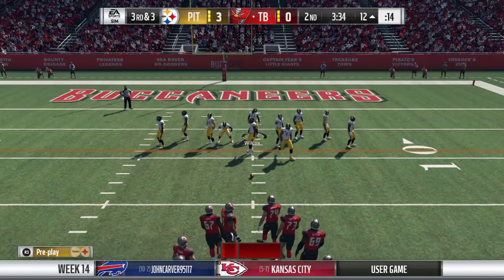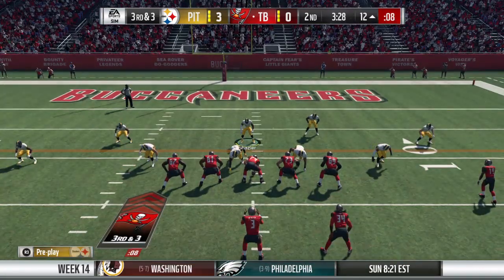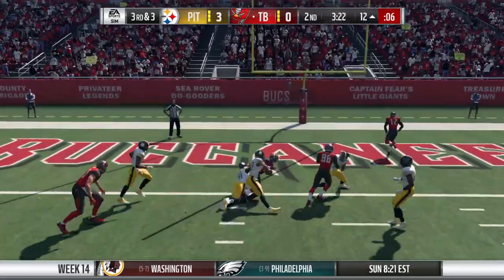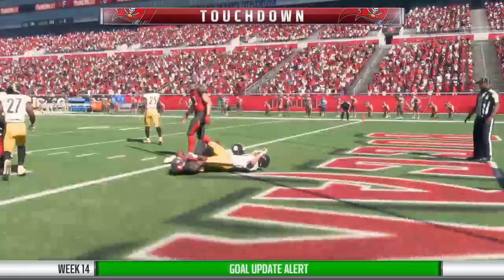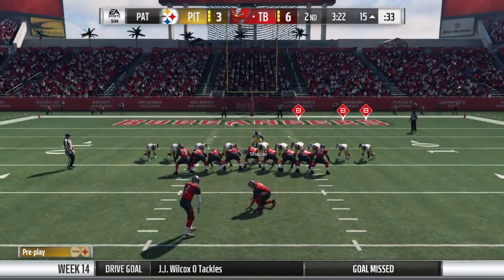The Bucs on 3rd down, just 1 for 3 thus far. Here it's 3rd and 3. On the shotgun, it's Winston. This is caught, and he's into the end zone. Touchdown, Buccaneers. So that's the rookie's first trip to the end zone, and I think it's safe to say one